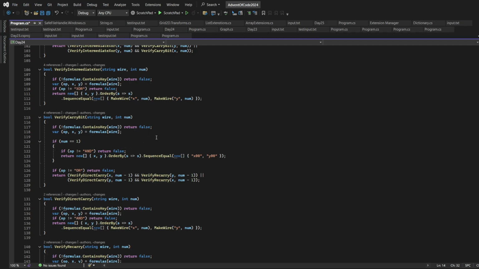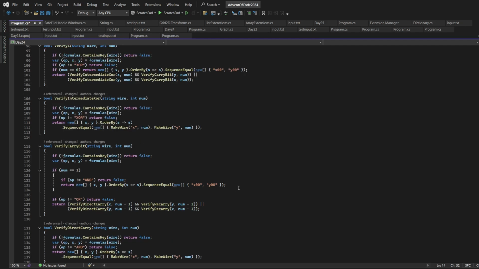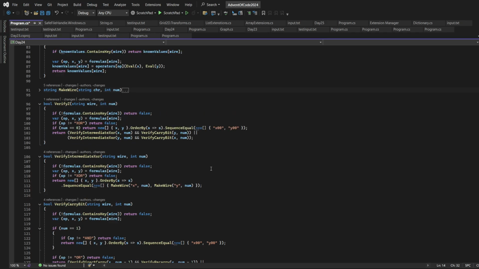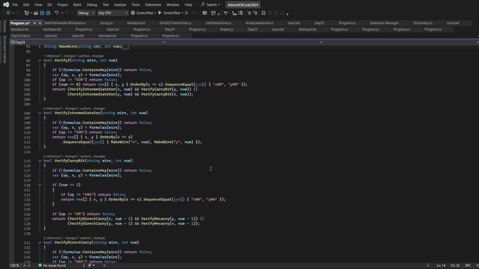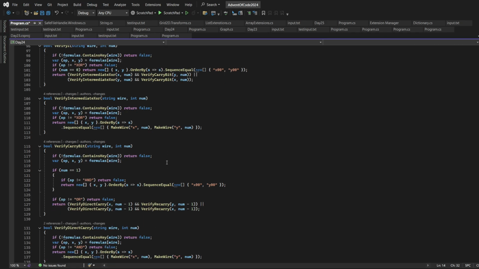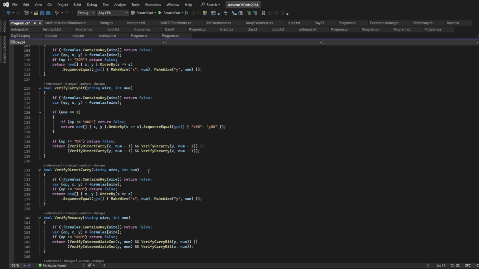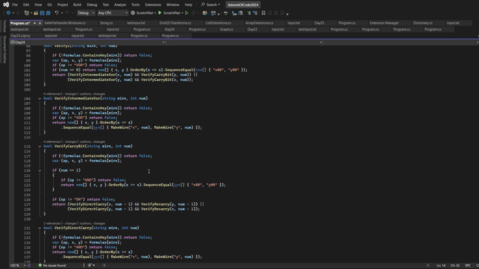But the thing is that I'm not very good at explaining this, because I got a little bit of help to fix these, so I can't really say exactly what the thinking was behind these functions. But basically what we're doing is